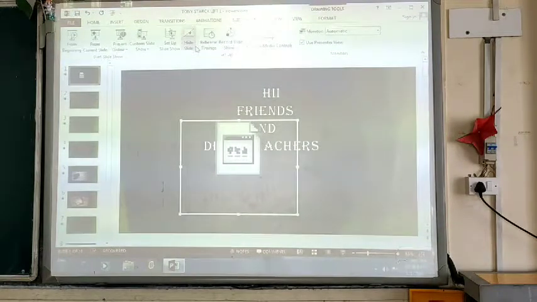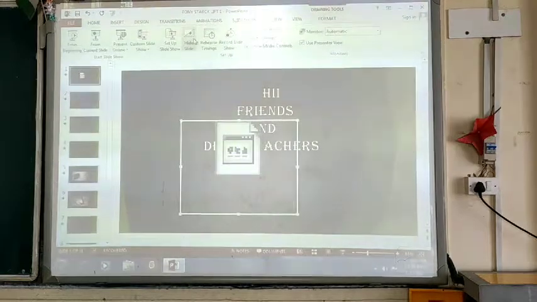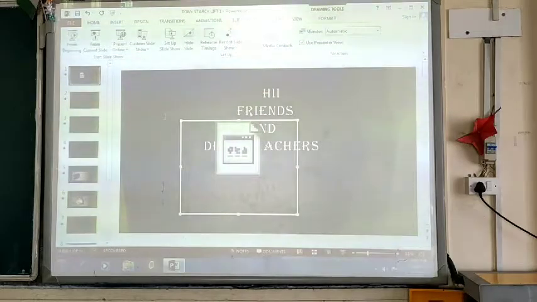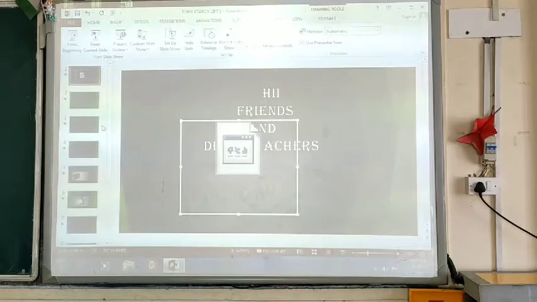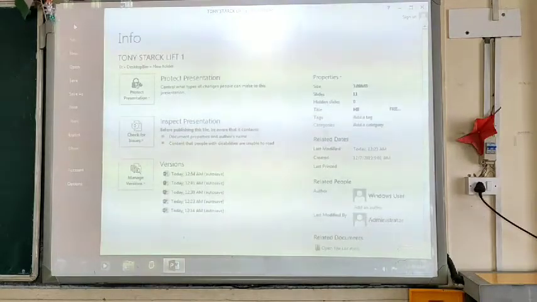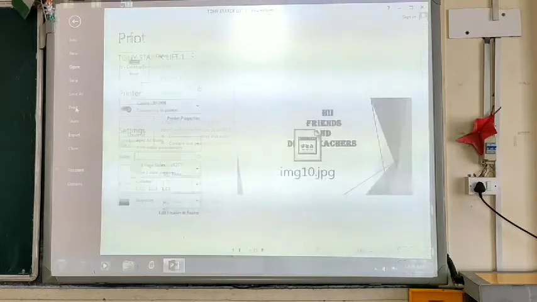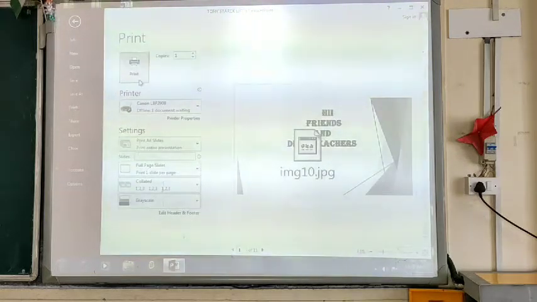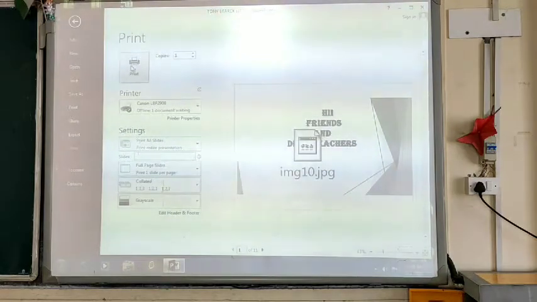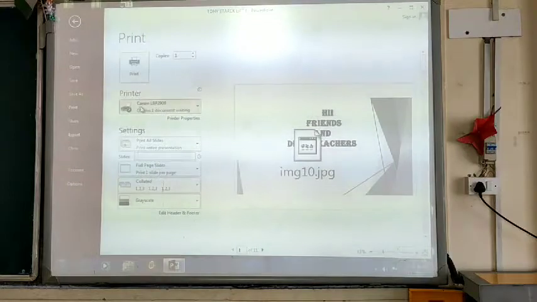You can take the printouts of your presentation, and for that, first of all, open the presentation which you want to print. Suppose this is the presentation which we want. Then go to the file tab and click on it. Now, as the file tab is open, click on the print option. In the print dialog box, you have to select the printer.